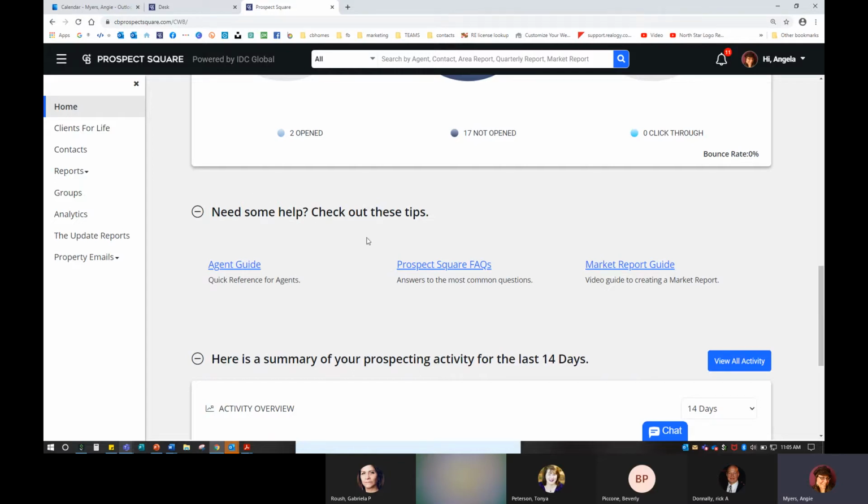So I will let you know as we do reports, we will have a quarterly report, and that's going to be county based in our area, and it's going to come out 4 times a year. And then we have our area report, and that's updated on the 8th of every month. And that's going to be zip code or county related. And then we have a market report, and that's where I'm able to go in as an agent and I can select 3 specific streets. I can select a specific subdivision. Just like the MLS, it allows you to go in and draw the area that you want for that particular